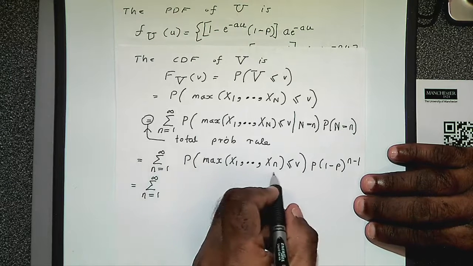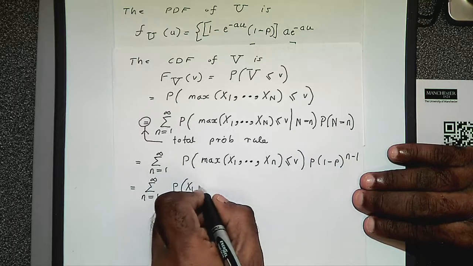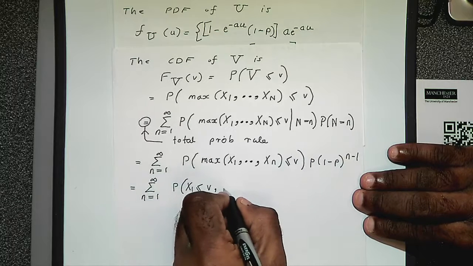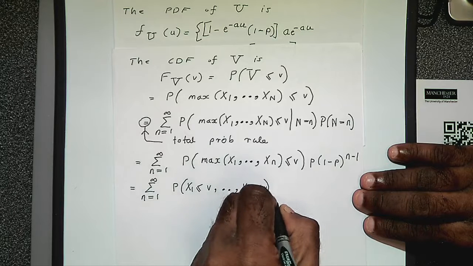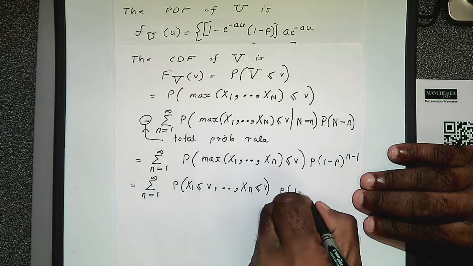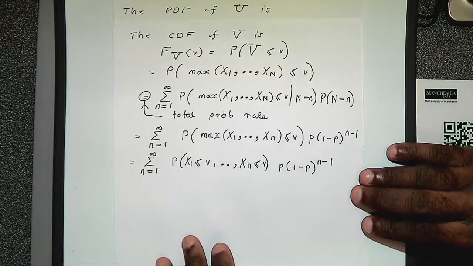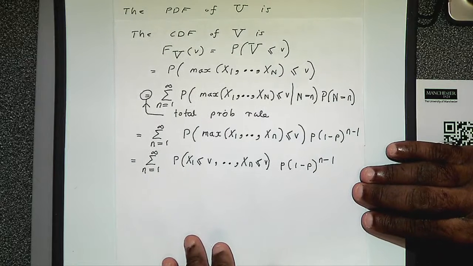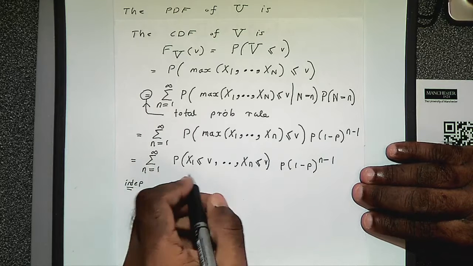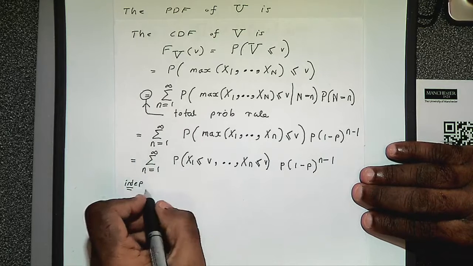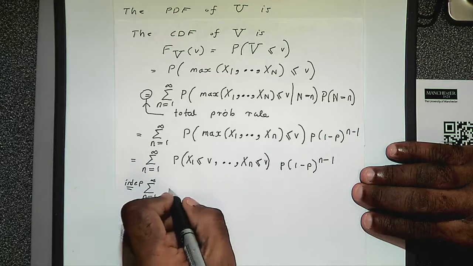Now, if the maximum is less than or equal to v, then this is. Now, in the next step, I'm going to use independence. So, using the fact that x1 to xn are independent random variables, you can write this as the product